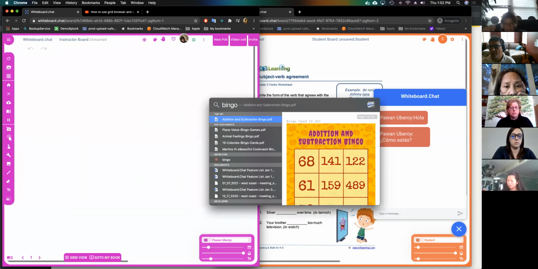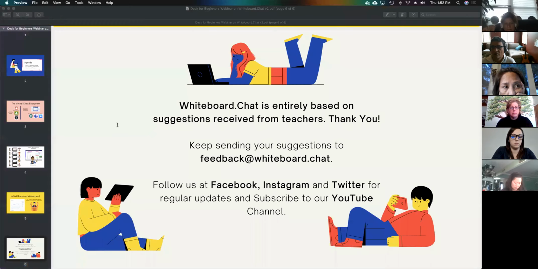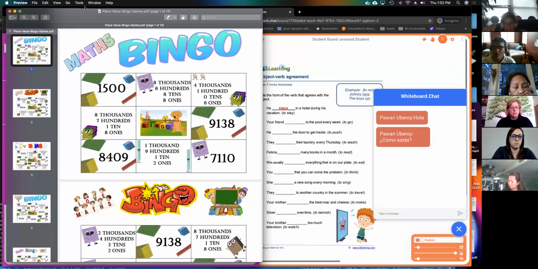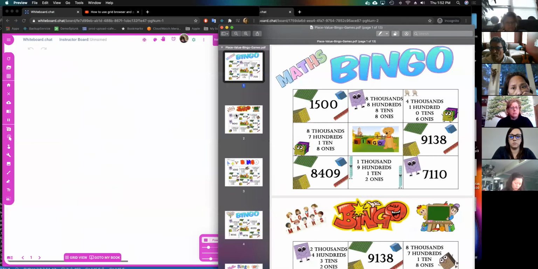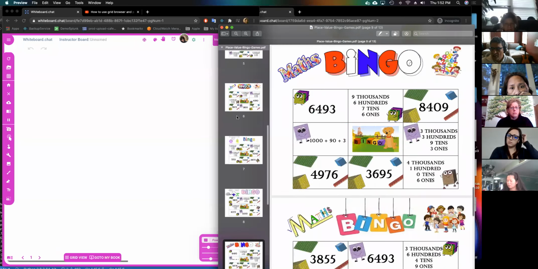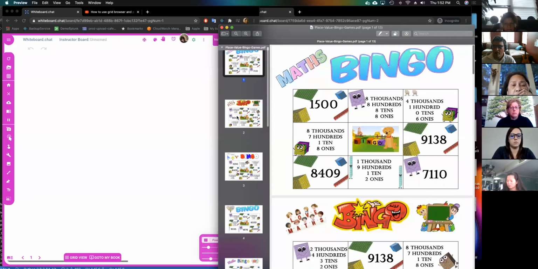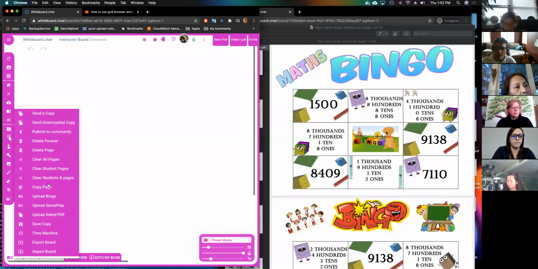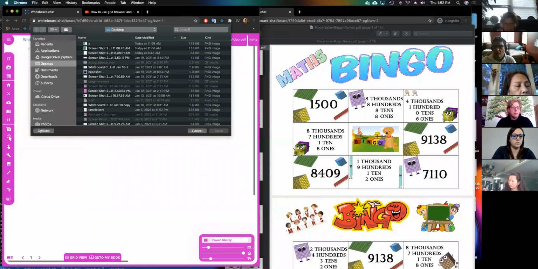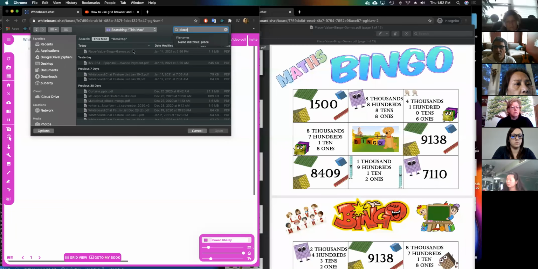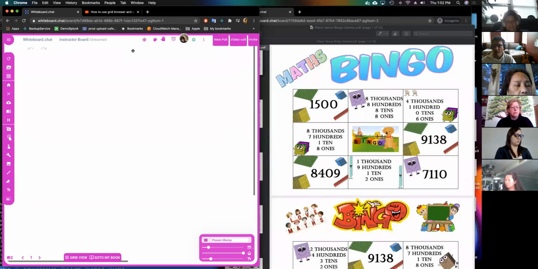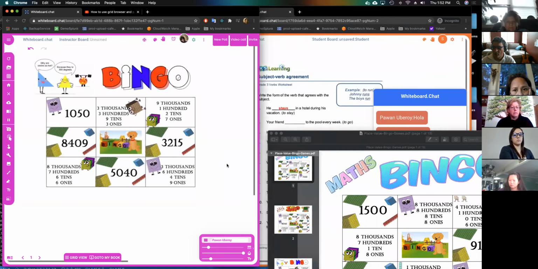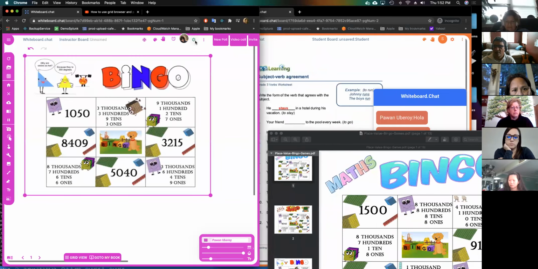are special. So for example, you can do this place value bingo, which is created by a teacher. You have websites which create these bingo boards, where each page is a different bingo tile. You can go to whiteboard.chat, go to manage books, and you can say upload bingo. And then you can say this bingo file, place value bingo game. And now whoever joins this will get a random tile out of this whole book, and you can watch them as they're playing live